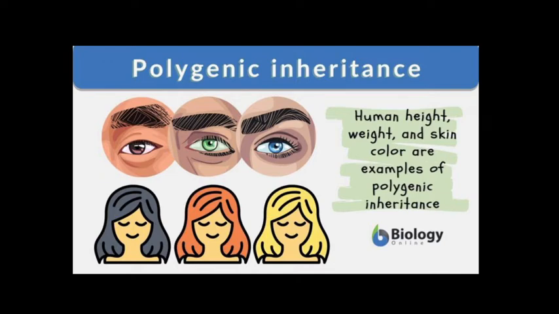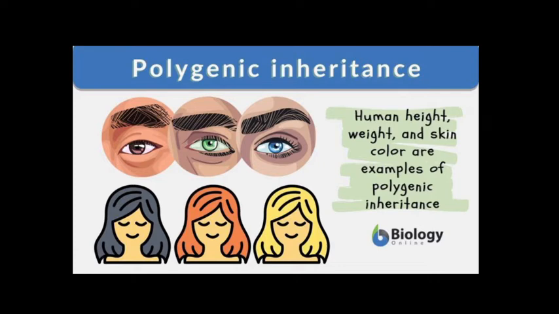and a cross between black and white skin people results in offspring which are more or less intermediate between the two. Suppose there are three pairs of genes responsible for human skin color and each contributes a unit of darkness due to incomplete dominance. So, designating the genes capital R1, capital R2, capital R3, the skin shade will vary from very dark in R1 R1 R2 R2 R3 R3, to very light in small r1 r1 r2 r2 r3 r3 individual.